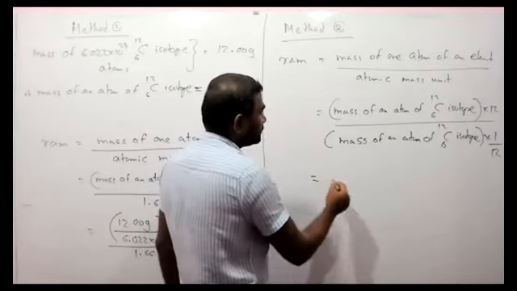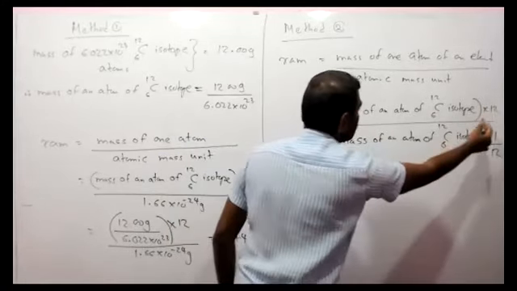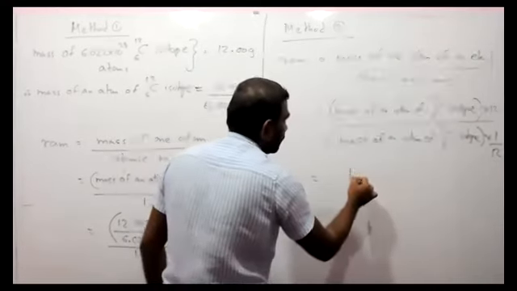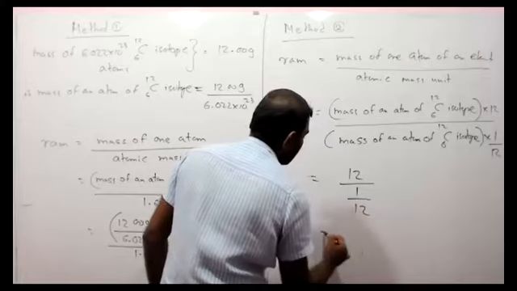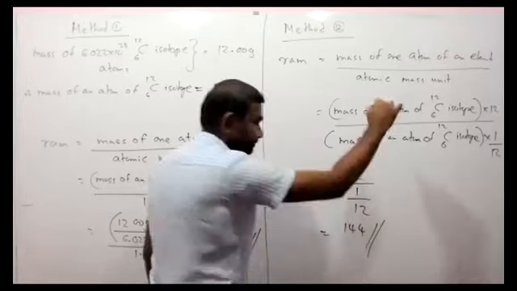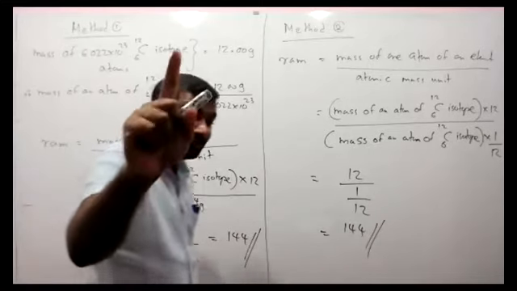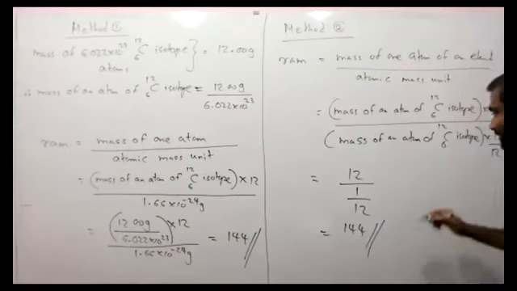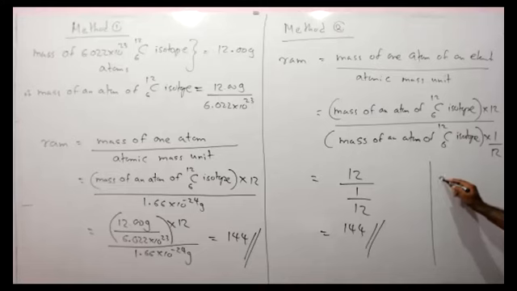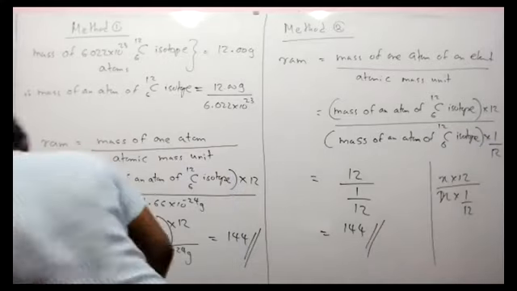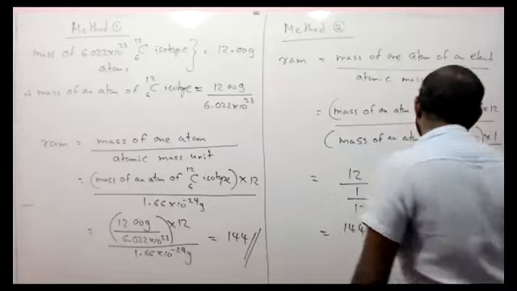Right? So you can see the important thing: the mass of an atom of carbon-12 isotope, the mass of an atom of carbon-12 isotope. These two get cancelled. And 12 divided by 1/12, the answer will be 144. Compare, this is easy. If you were a math student now, you should do like this. The mass of an atom of carbon-12 isotope is x, times 12; the atomic mass unit is x, times 1/12. Simplify: 144. But no problem if you have done it like this. Now, very good if you do it. You have put a variable.